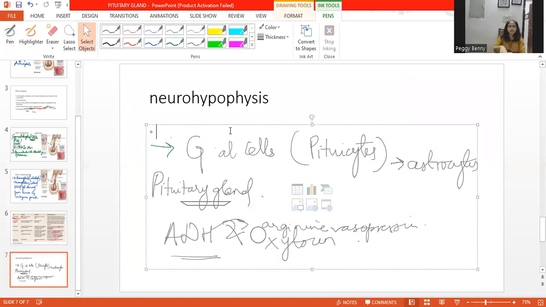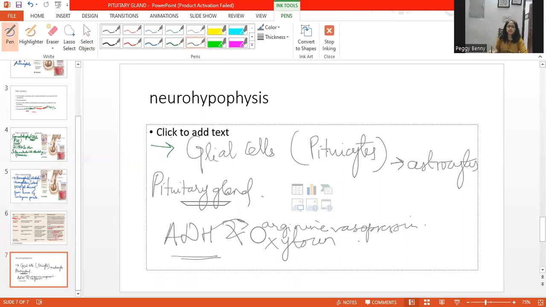Now let's discuss the posterior pituitary gland. The posterior pituitary doesn't have secretory cells that secrete hormones as such, but it has glial cells, also known as pituicytes. It's an MCQ question: pituicytes, which resemble astrocytes, are the major kind of cell present in the posterior pituitary gland. Though they do not secrete any hormone,